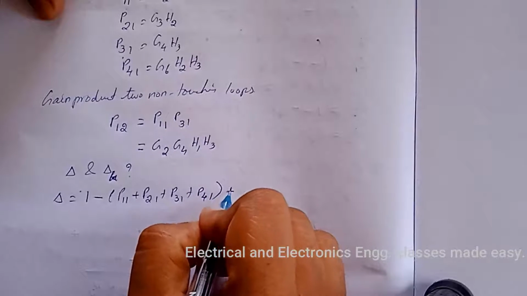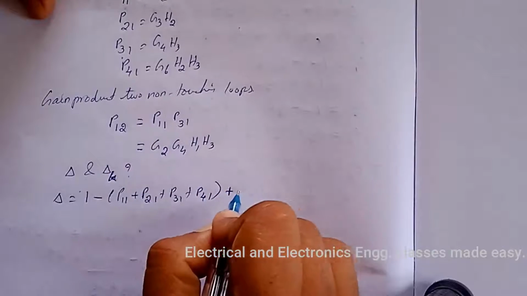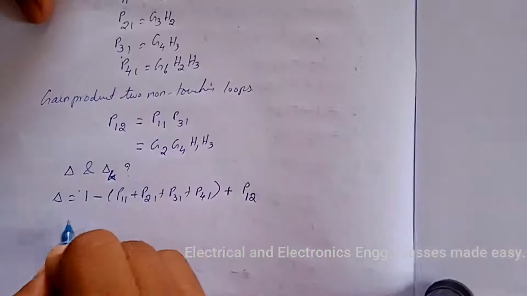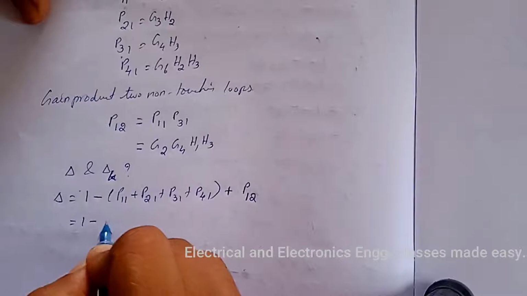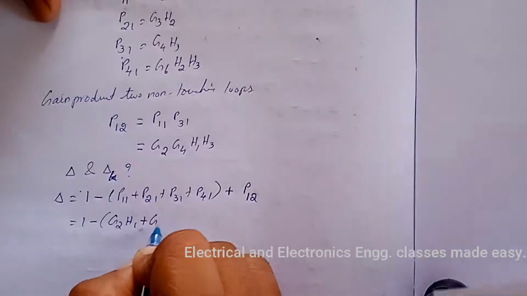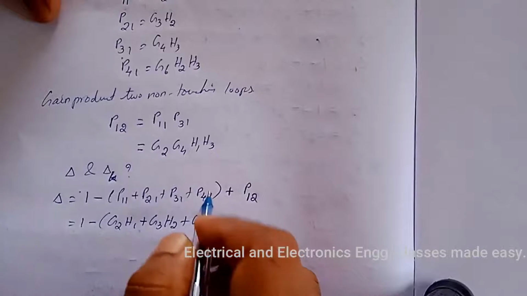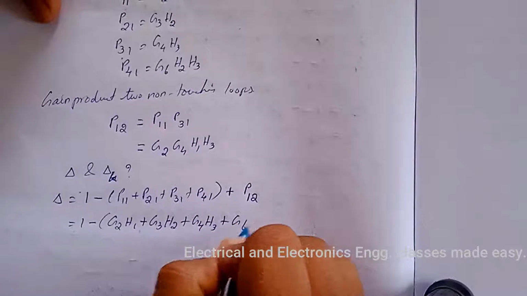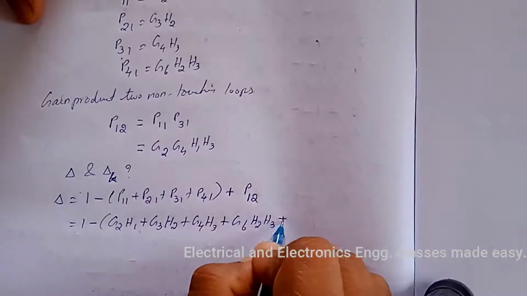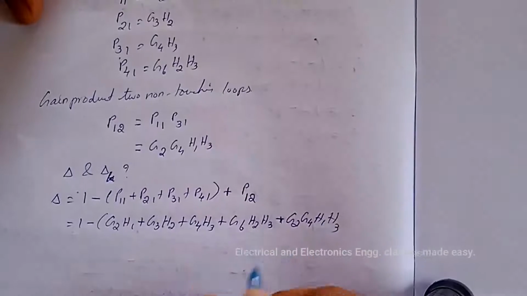Then plus sum of gain product of two non-touching loops, and that is here only one, that is P12. Now put the values. 1 minus G2 H1 plus G3 H2 plus G4 H3 plus G6 H2 H3, then plus G2 G4 H1 H3,